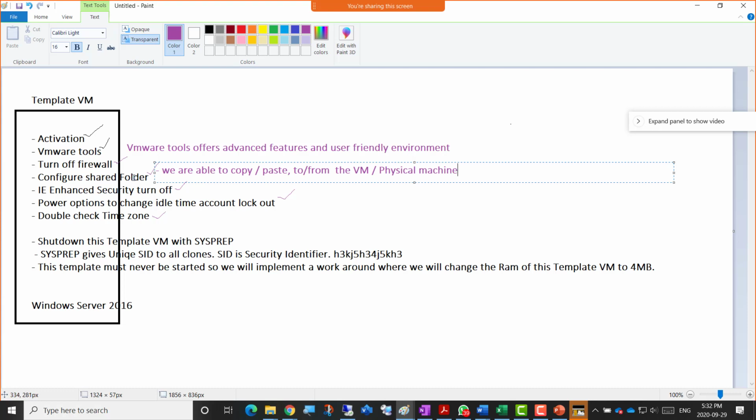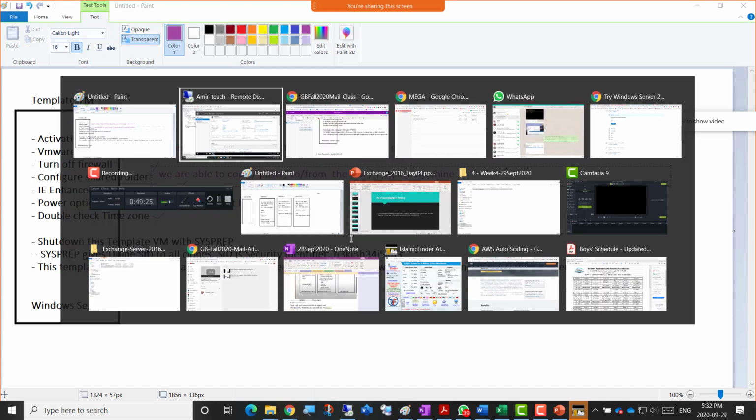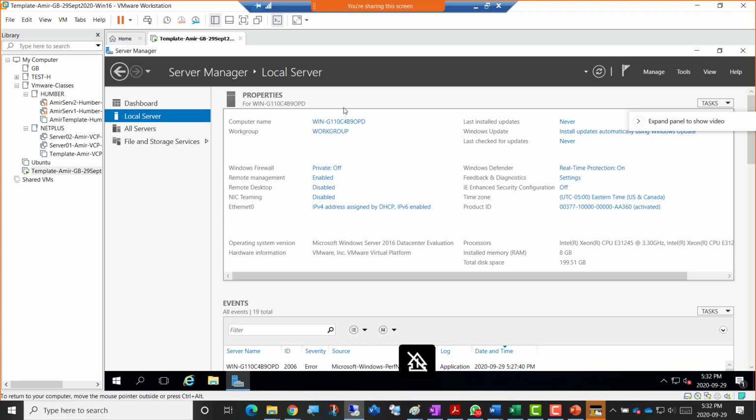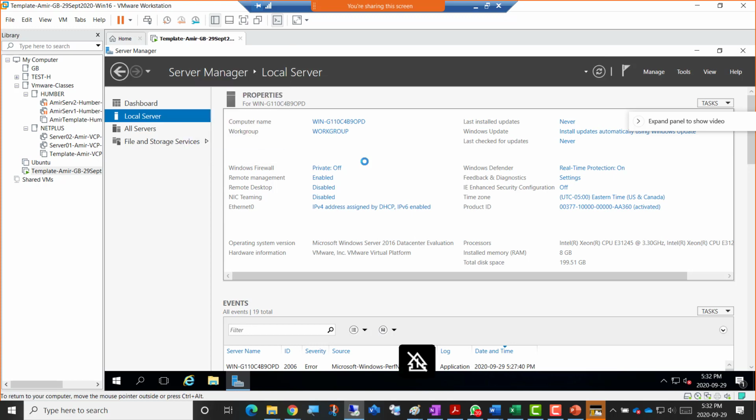We need to map an outside physical laptop folder with inside of the virtual machine. We're going to map a folder of a physical laptop or desktop to the virtual machine. So let's do that, but the purpose is to copy paste between virtual and physical environments. So I'm going to go back here to configure the shared folder feature. I'm just going to right click on the template machine and then go down to settings here to configure the shared folder feature. I'm going to click the settings here, and